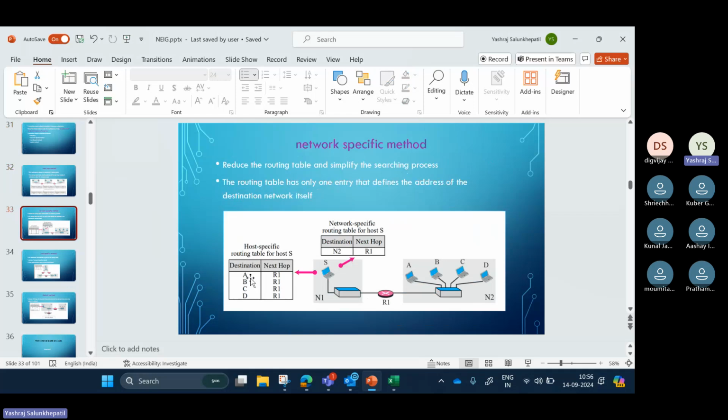That is why no matter तुम destination कौन सा डालो, next hop is always R1. Okay. This is the host specific routing table. But network specific method में network specific routing table कैसे दिखेगा? You have N2 which is a switch and its next hop which is R1.